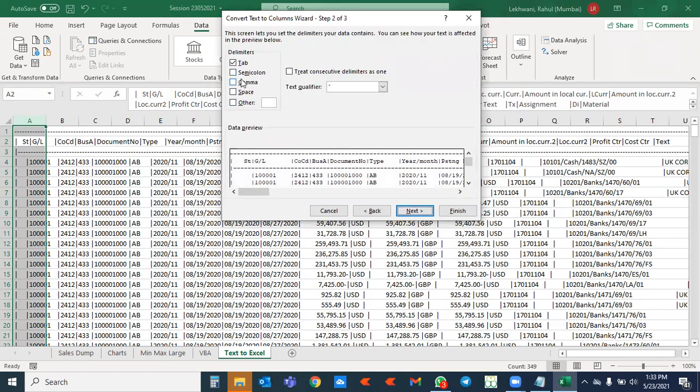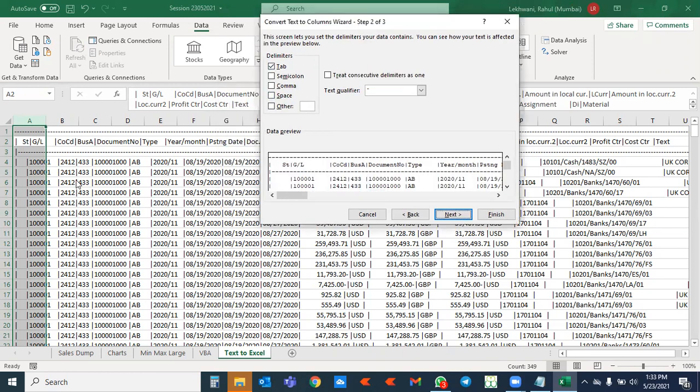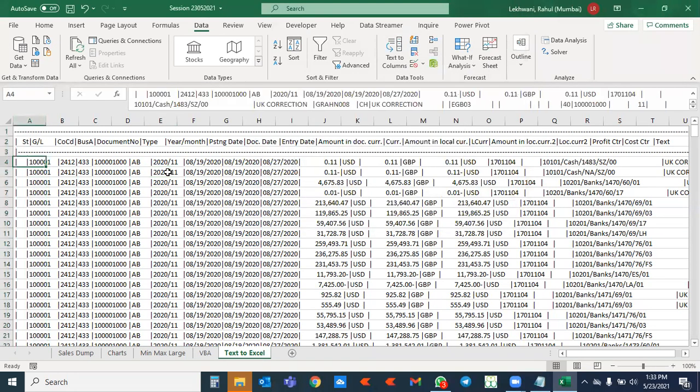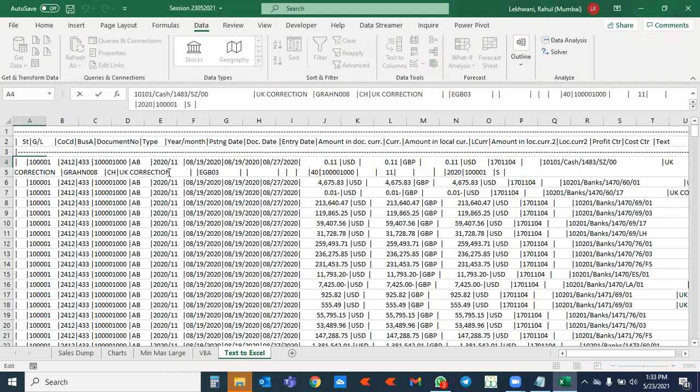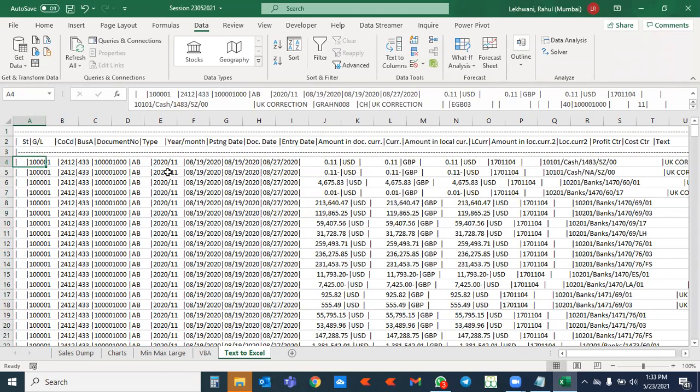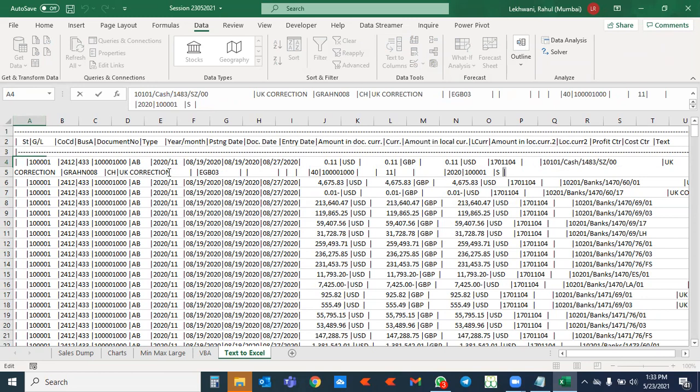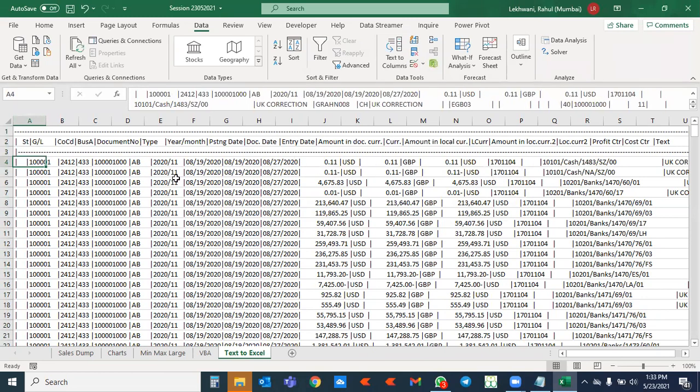Now it asks me what should be the separator. Suppose this data is there. If I close it for the time being, see, the separator is this line item. This is the separator for each and every cell, if you can see. On the basis of this separator, we are going to bifurcate it throughout the columns. So I'll copy one of the separators. Then I'll select again.